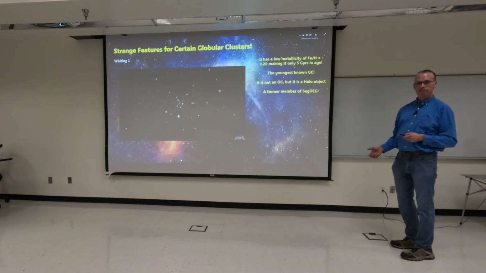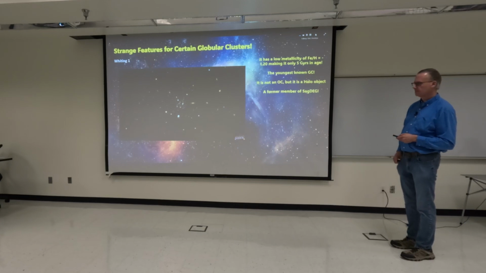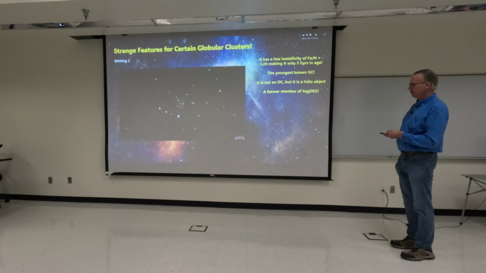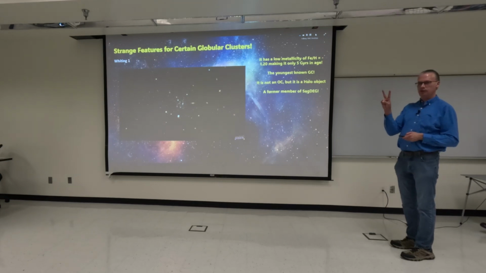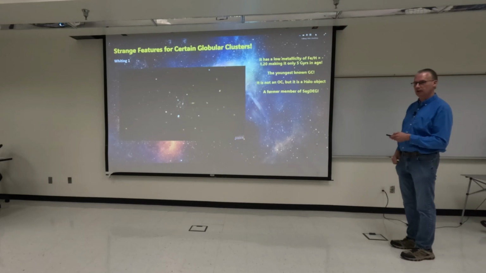How do you distinguish this as being globular instead of open? Well, it's looking at the fact this only has 2 generations of stars, whereas most open star clusters will tend to have 2 or 3 or 4 generations of stars. And also the motion of the stars that circle around the center of mass. It's very indicative of a globular cluster.